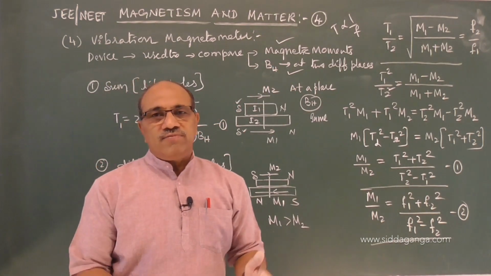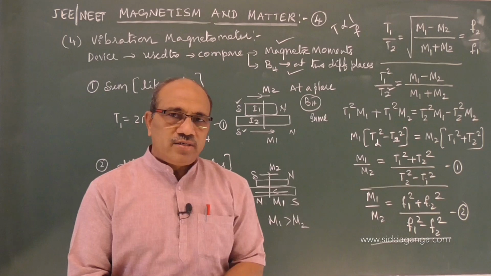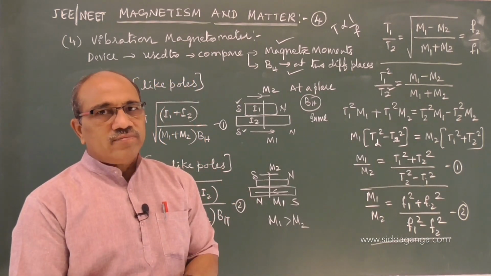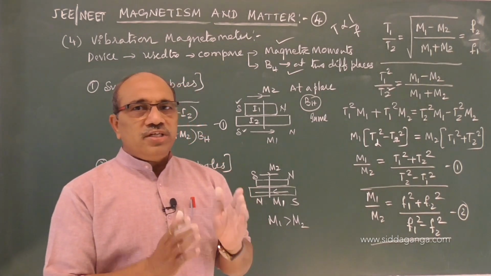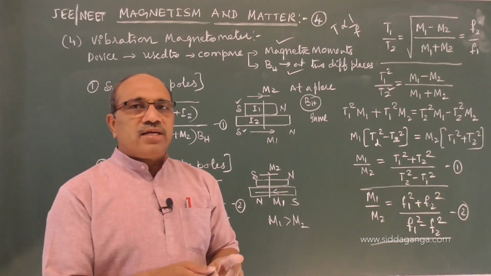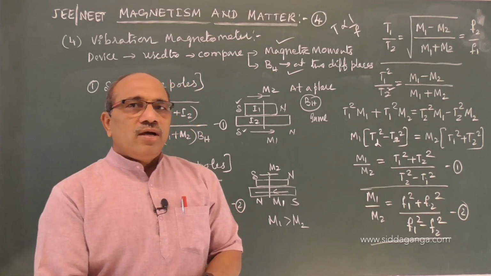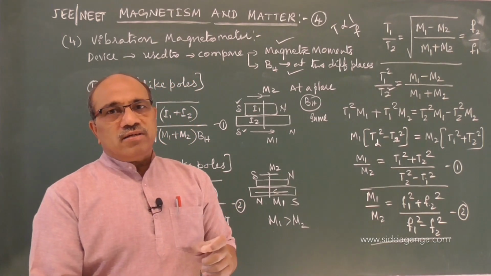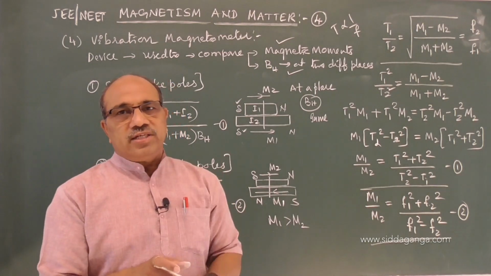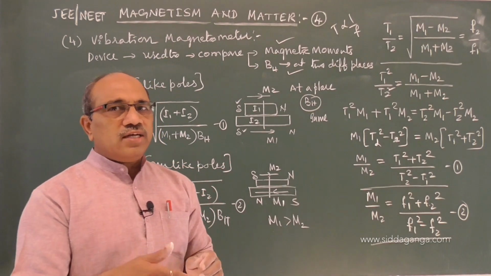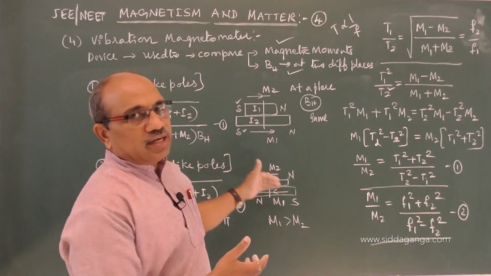So today we discussed, starting from the magnetic field along the axis and perpendicular axis of the bar magnet, the resultant magnetic moment, and also bending the magnet and how the moments appear, and the equilibrium condition of the bar magnet under the action of two magnetic fields at an angle theta. We also discussed the force necessary to keep a bar magnet at some position making an angle theta with the field when applied at different positions, and finally this vibration magnetometer.